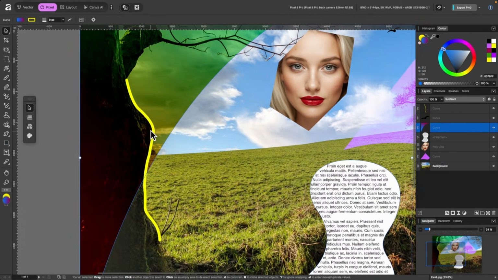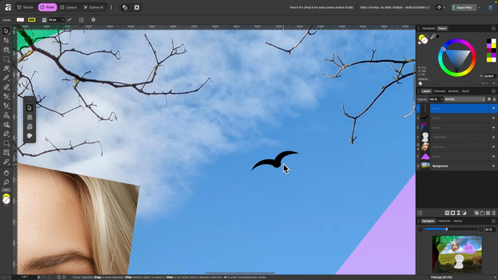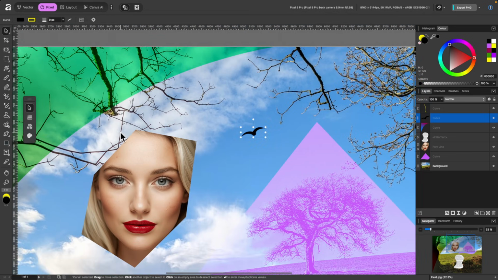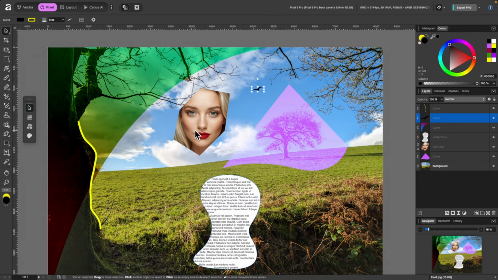And you can see I have a simple outline on the side as well, where I just used the pen tool to trace the outline of the tree. And finally, I used the pen tool to create a little seagull over here. And I can scale this up as much as I want because these are vector tools. The pen and node tool are available in the Vector Studio, so I use those quite a lot. So let's get started and I'll show you how to use the pen tool.